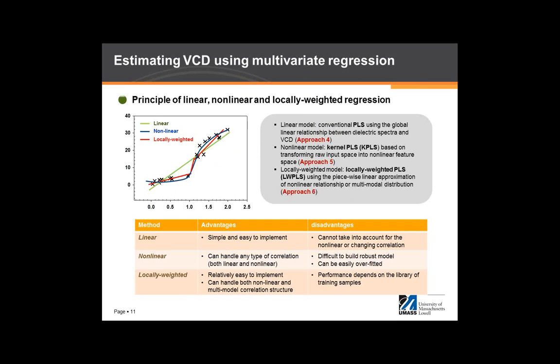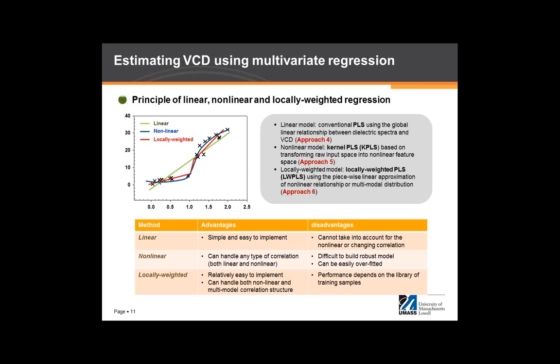It's multivariate statistics, and many of you might be familiar with it. Here I want to give you a little explanation of what it is. Usually principal component analysis and partial least squares are linear system-based techniques. Partial least squares works very well in giving a regression model between input and output data for a linear system. In this case, the input data is the dielectric spectrum, and the output data is the offline viable cell density. So we are finding a regression model.